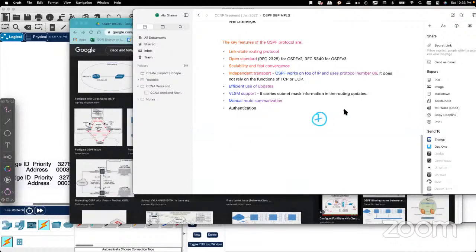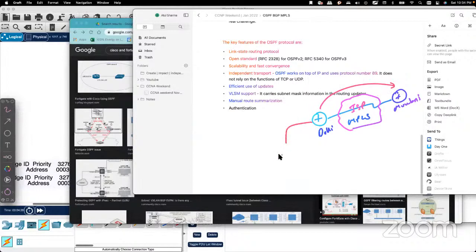Okay. Suppose we have a router here which is connected to MPLS, and you connected your Delhi branch with the help of MPLS to the Mumbai branch. The MPLS connectivity is provided by the ISP. So now your Delhi and Mumbai branches are connected. Now tell me, in the Delhi office you have a router or multilayer switch. After that, you have a lot of VLANs, maybe sales VLAN, marketing, admin, research. So when it comes to different VLANs,